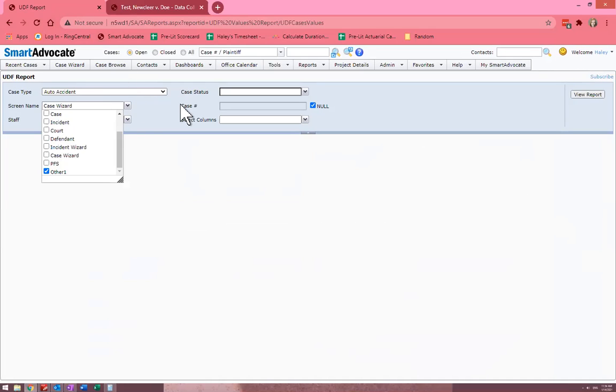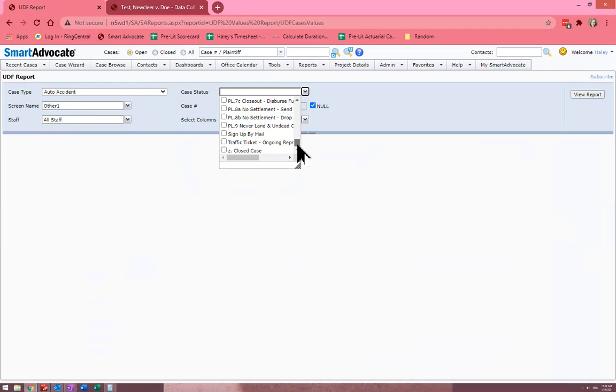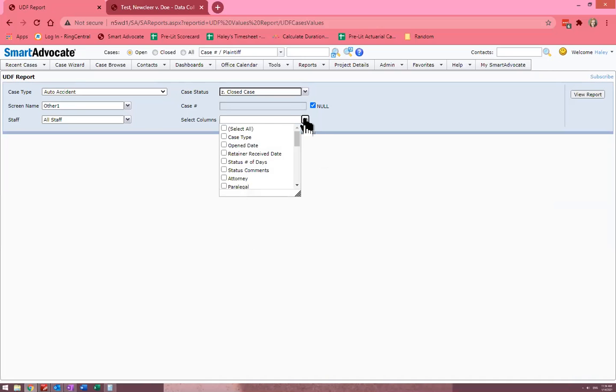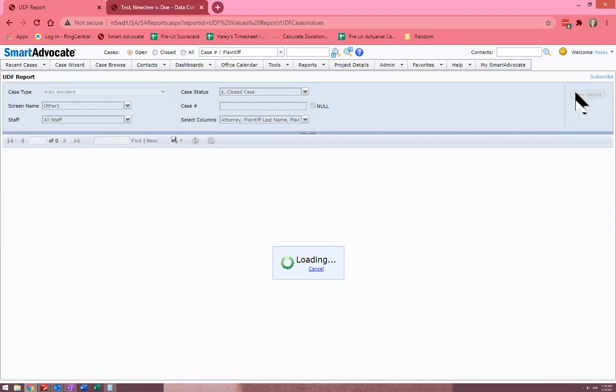So you'll select that. Staff, you can keep it as all staff, just so it pulls all the cases. And then case status, we're only going to want to do the closed cases because we only collect data on cases after they're closed. And then select columns to show. The only ones I select are the attorney, so we know if it's a lit or pre-lit case, and then plaintiff last name and first name, which we may get rid of later on depending on what pops up. So then you just click view report,